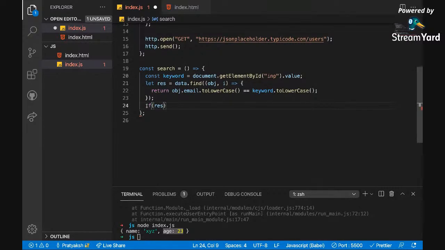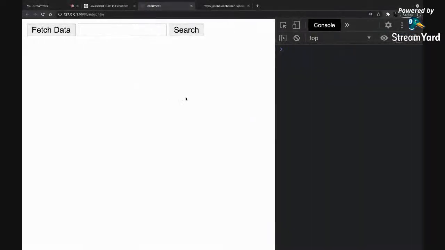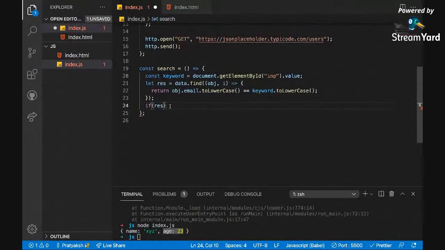If our result is undefined, the condition will be considered false. So if I get undefined, this block of statements will not run. And as we saw, if the search doesn't match, we get undefined, so we can catch it over here. If the result is not there, you can just go to the else block.